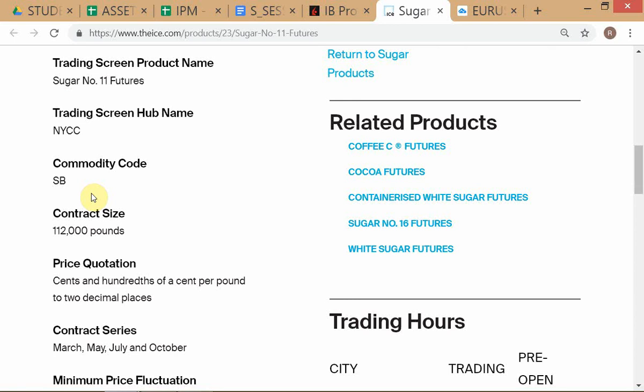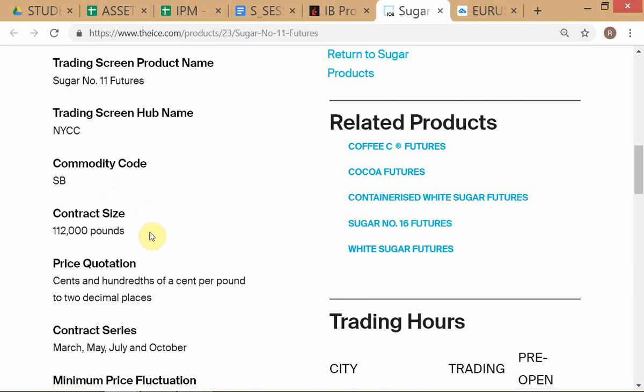I remembered this because of my familiarity with the contract, and this tells you the contract size. Once again, contract size reminds you of what concept that we have studied very recently? Lot size, correct? So contract size is lot size. Now, if you're trading this SB contract on the ICE, okay, you'll notice that the CME Group has a cash settled version of this contract, under which you can't deliver. But there also you'll notice that the contract size is the same, to improve liquidity in that contract, to make it comparable to the other contract. The contract size is the same.